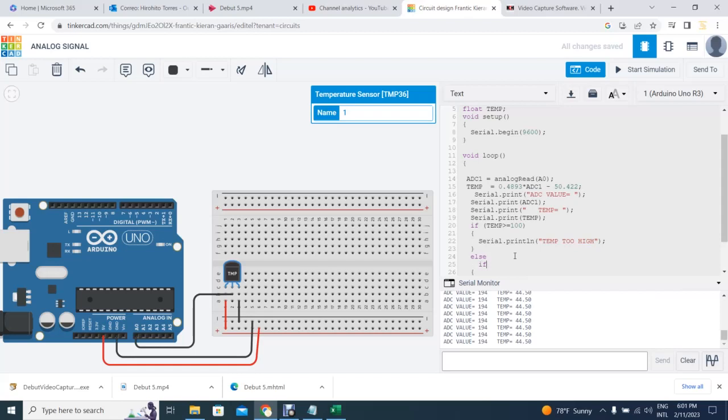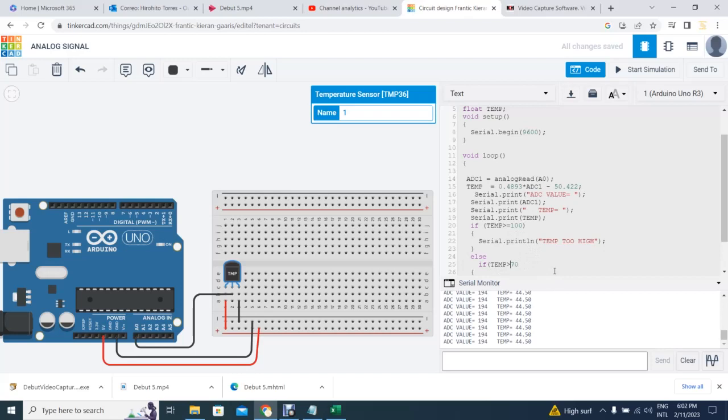temp less than 70, this is taking 100. If temp is actually higher, let's say it's higher than 70, and it goes through this process, it's going to check this. If it's not above 100, this will not be printed. It will jump to this one. Now, if temperature greater than 70 or equal,